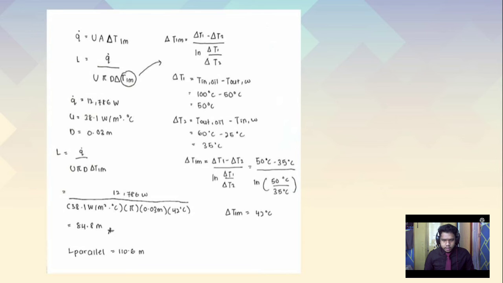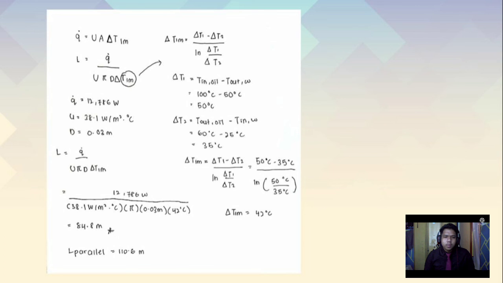So kita masukkan semula apa yang kita dapat tadi kepada formula perubahan T1 tolak perubahan T2 bahagi ln perubahan T1 per perubahan T2. So 50 darjah Celsius tolak 35 darjah Celsius ln dalam kurungan 50 darjah Celsius per 35 darjah Celsius. So jawapan ni sama dengan 42 darjah Celsius. So kita dah dapat perubahan T dia. So kita dah dapat antara yang dia dah bagi Q